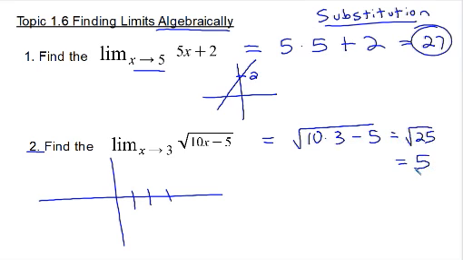This is 5. Okay? So this square root function, as we approach 3, is going to approach 5. All right? However that function looks, it's probably going to start somewhere, shift it a little bit, and kind of go up this way, whatever. All right? So we could check that on the graphing calculator to see exactly the shape, but the idea is